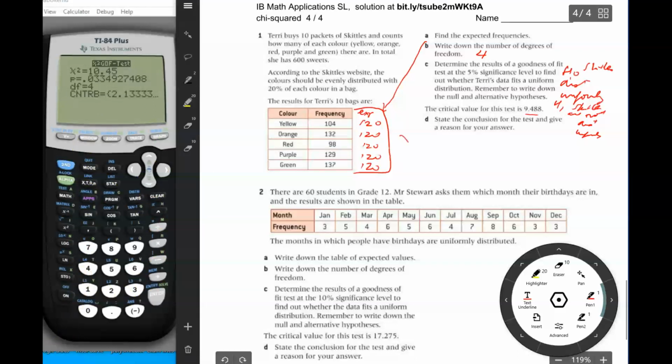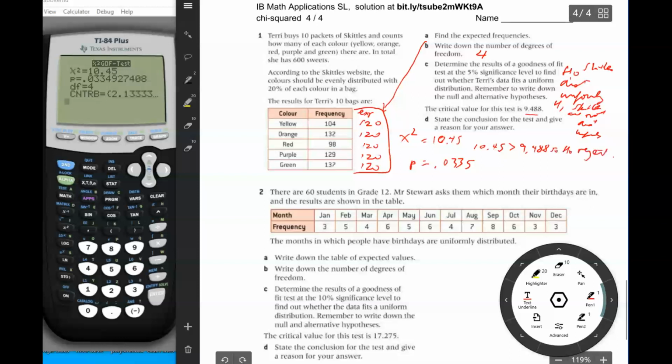So our chi-squared value is 10.45, and our p-value is 0.0335, and the chi-squared value of 10.45 is greater than the critical value, so the null hypothesis is rejected,